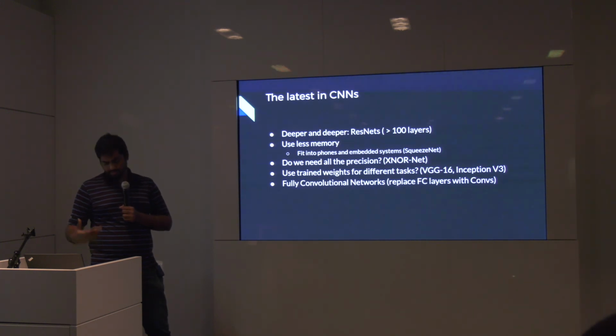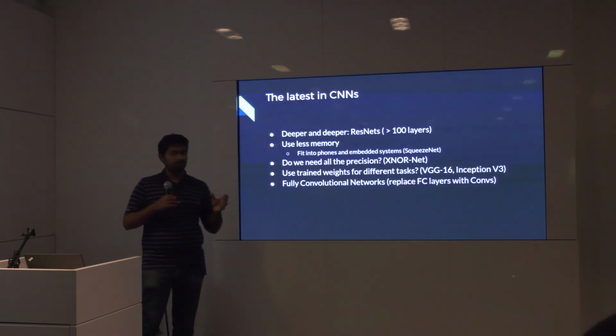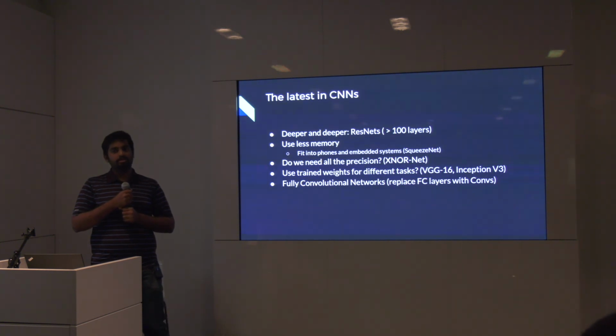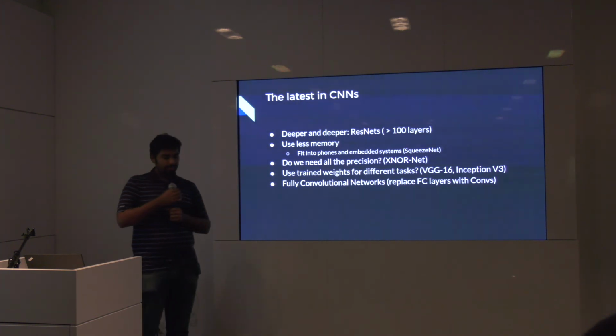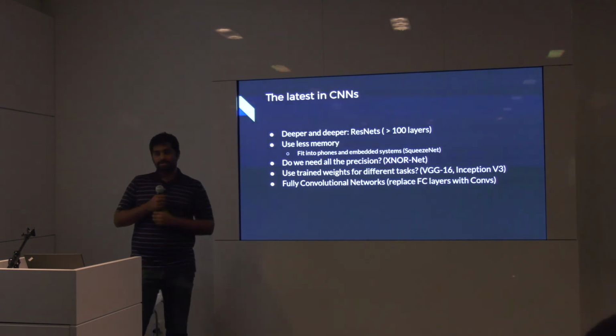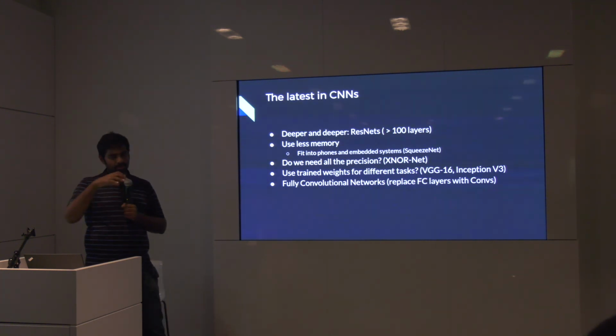And the final thing that people ask is, can we replace the fully connected layers with convolutions? Because the fully connected layer is a matrix multiplication, right? Matrix multiplication is order n cube, or order n 2.7, but whatever. So it's order n cube, and compared to convolutions, it's extremely compute intensive. So people want to figure out if I can replace the fully connected layers with a convolution.